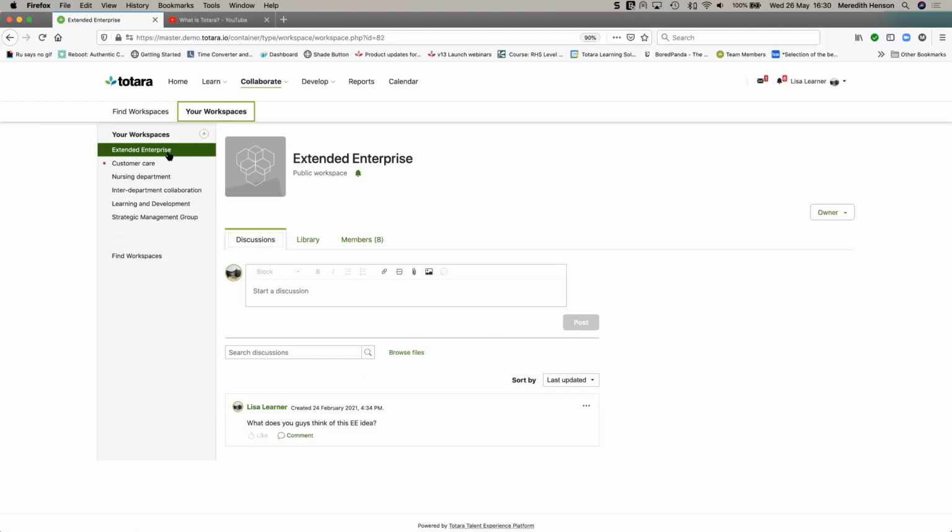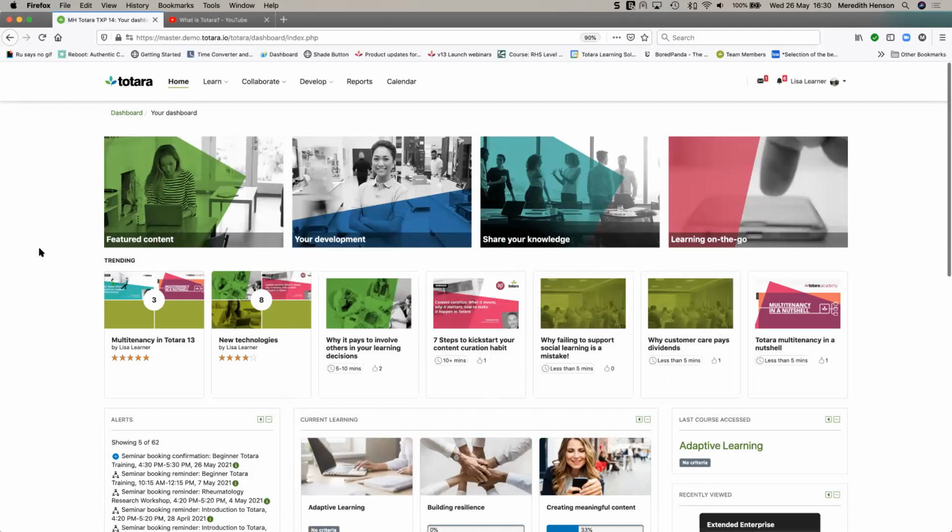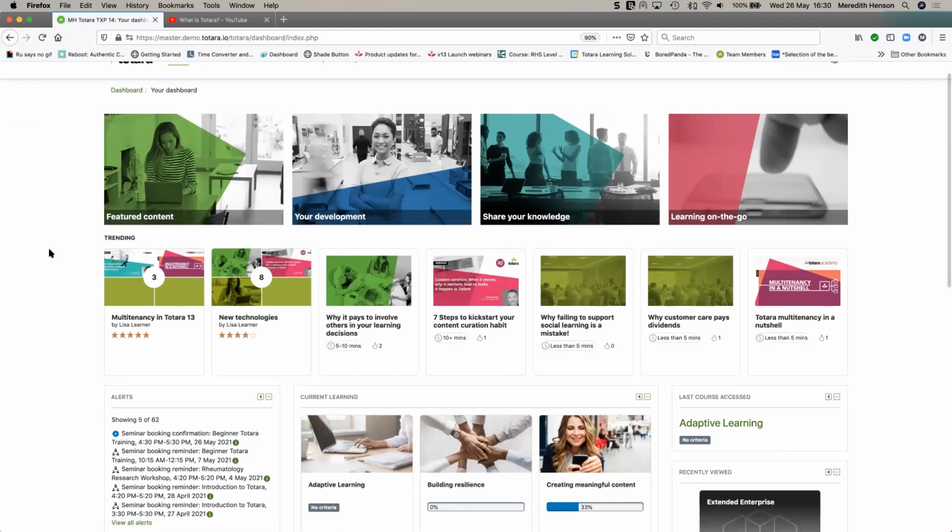Now, back to the homepage and my dashboard. Another big part of Totara Engage is the recommendations engine. This is machine learning based recommendations. Most people that claim that the recommendation engine is AI, it's not true. It's not replicating human intelligence. It's learning off various inputs or information.